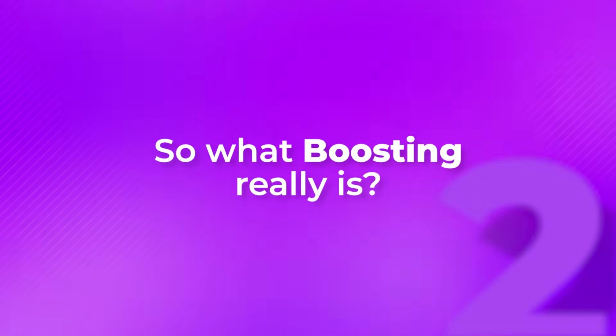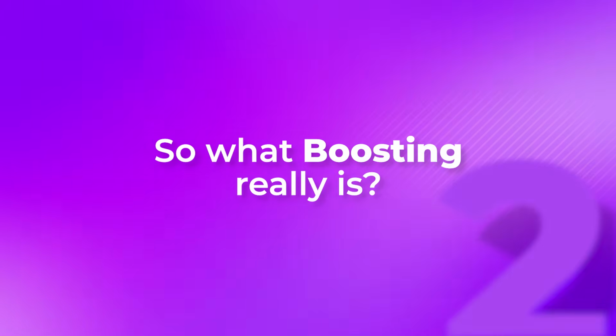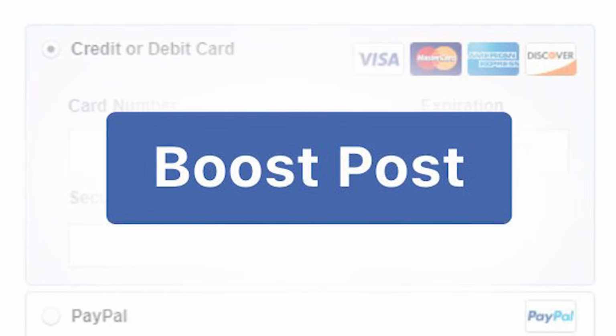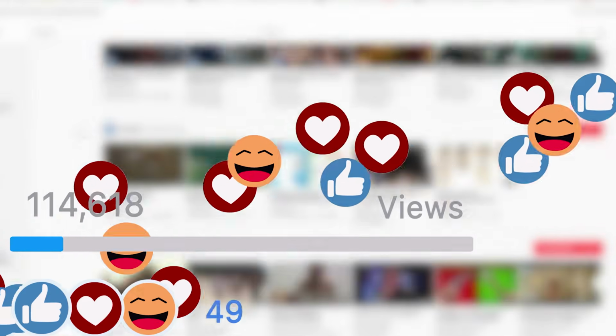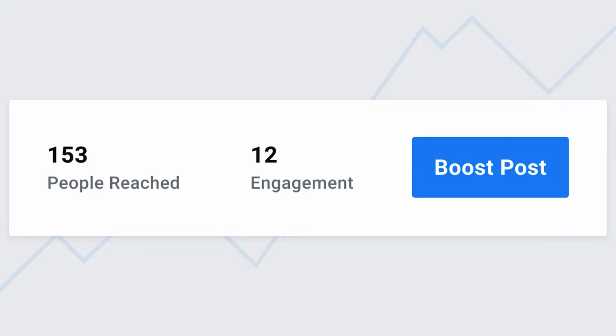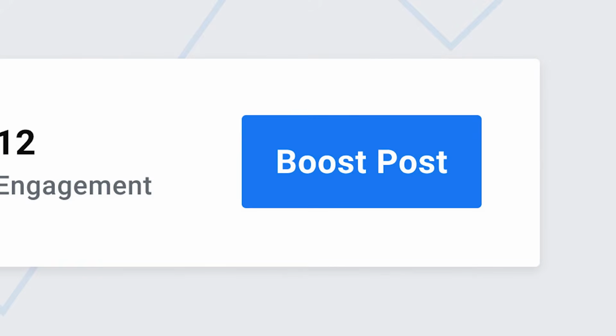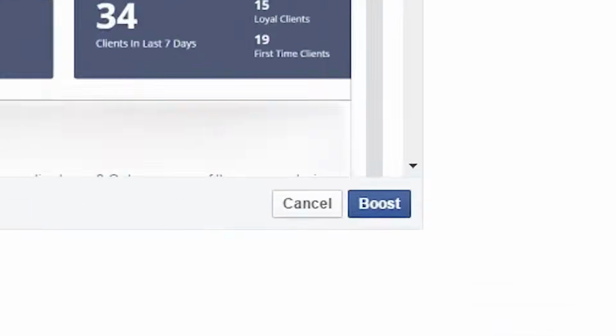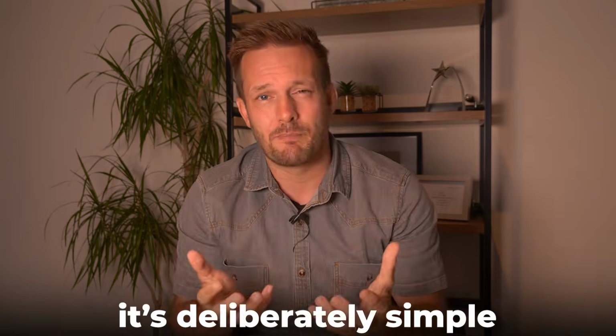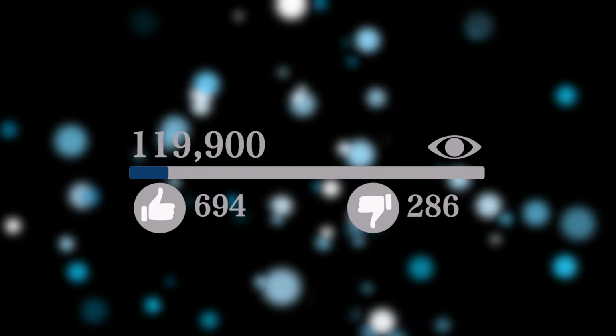So what boosting really is. Let's start with boosting because that's the button Meta wants you to press. You post something on Facebook or Instagram, it gets a few likes, and you see that blue button which says Boost Post. You click it, pick a quick goal like more engagement or more messages, choose a loose audience, set a small budget, and away you go. It's deliberately simple, and to be fair, it does one thing quite well, which is gets more eyeballs on a